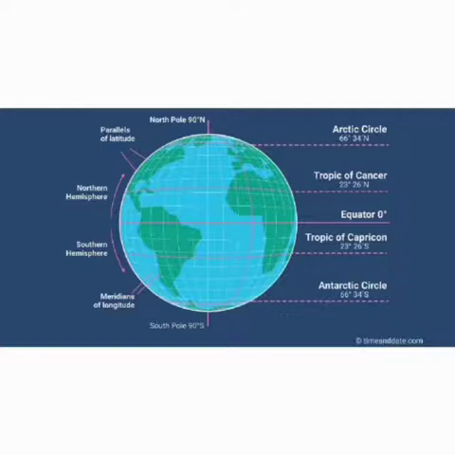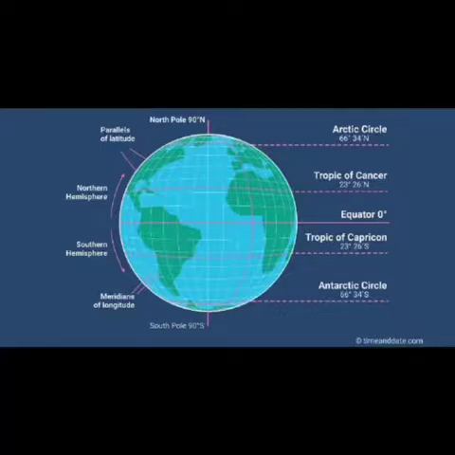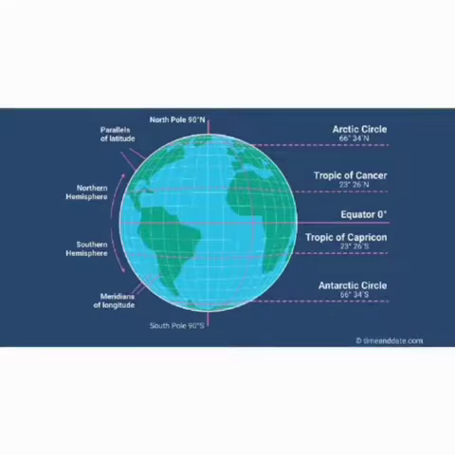So, the axis of the earth is an imaginary line passing through its center. The earth constantly rotates on its axis. The two ends of this axis of the earth are called the poles. The point in the north is the North Pole and the point in the south is the South Pole. So let us learn more about these imaginary lines.